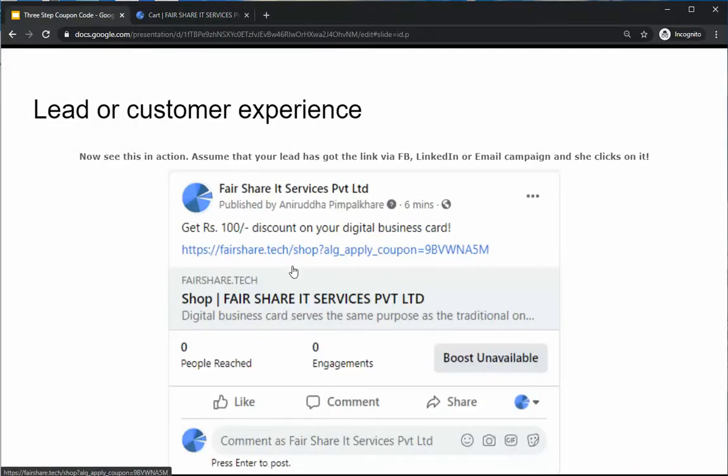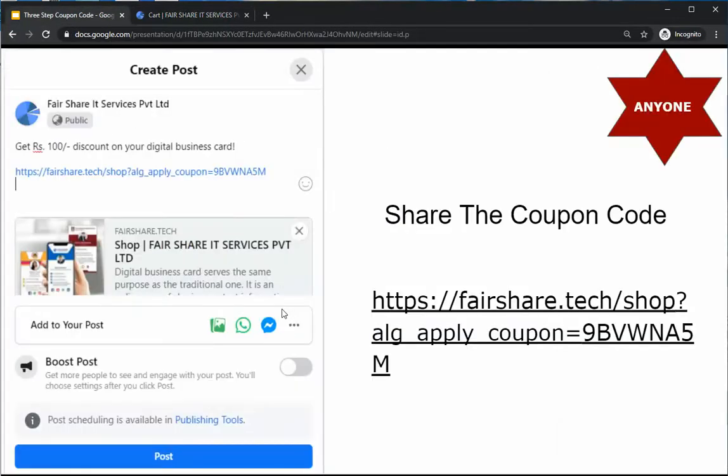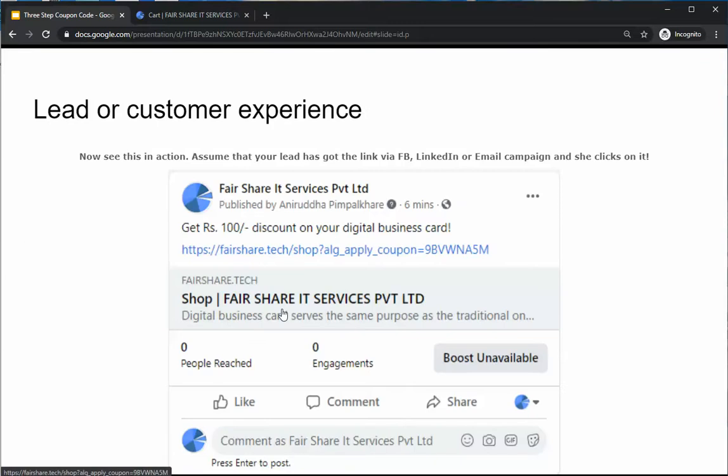Now after this I'd like to explain that this is not a referral type of system. What do I mean by a referral type of system? Normally in a referral or reseller program, any user who registers to your system can create a unique URL, and that unique URL can be shared with other users. When the other users buy from that unique URL, both the buyer as well as the person who referred them will get something. In this case it doesn't work like that, like the one I showed you as an example.